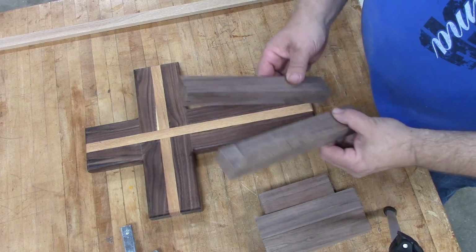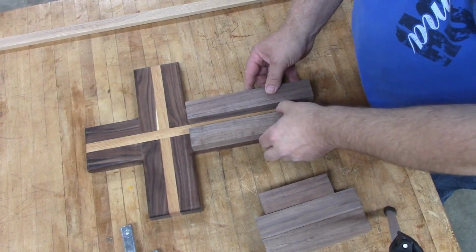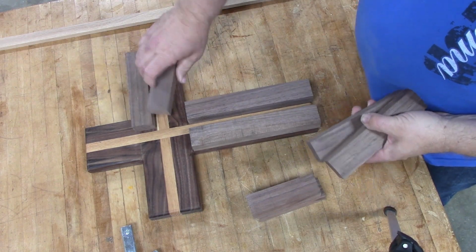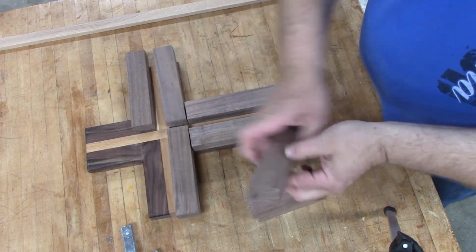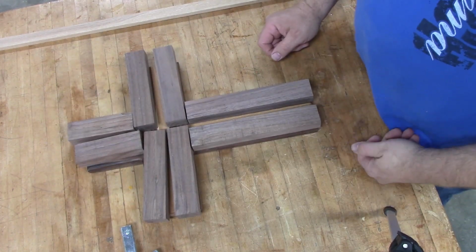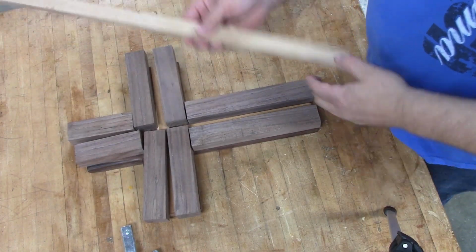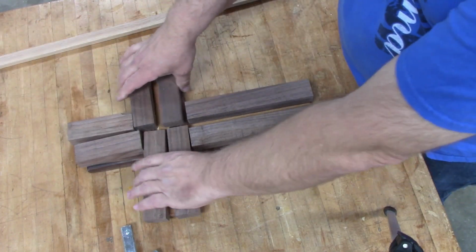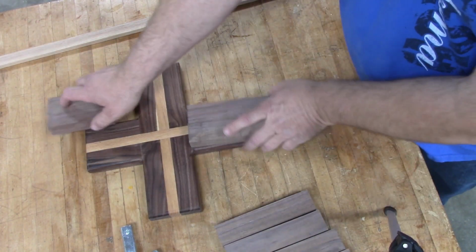that. I've got 2 pieces for the bottom, then I cut these for the arms, and then the 2 shorter ones for the top. Okay, and then I have this piece of red oak right here that I'm going to put in between them. Okay, so first thing you need to do